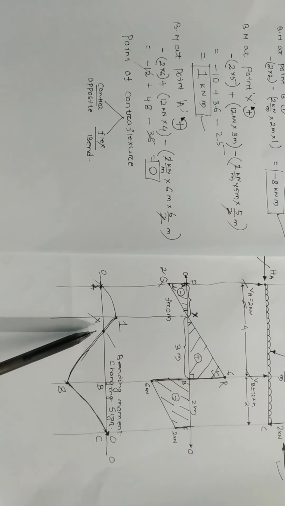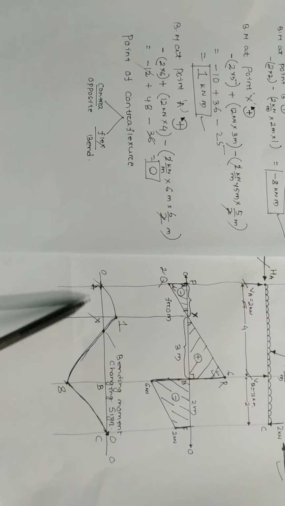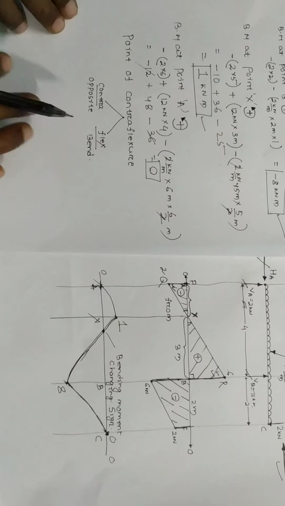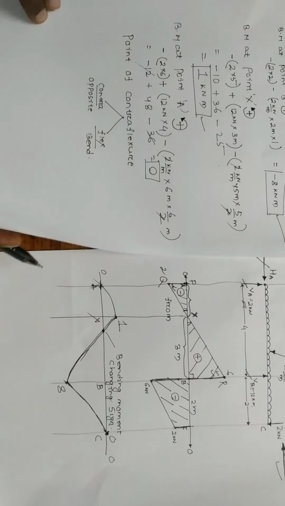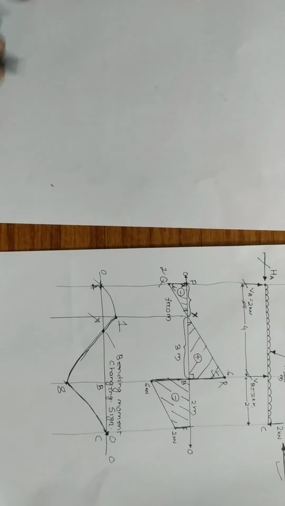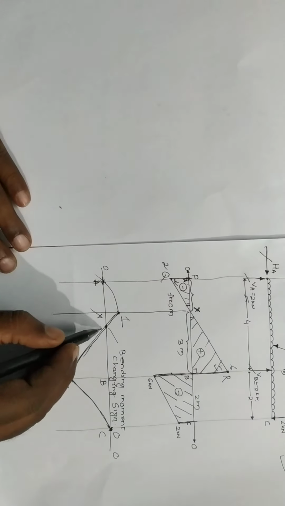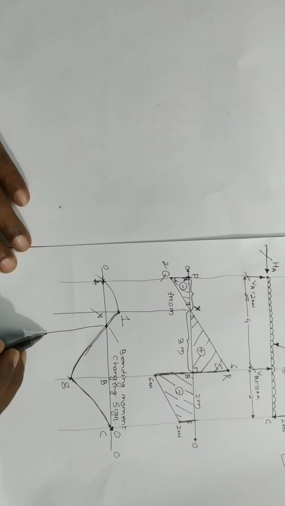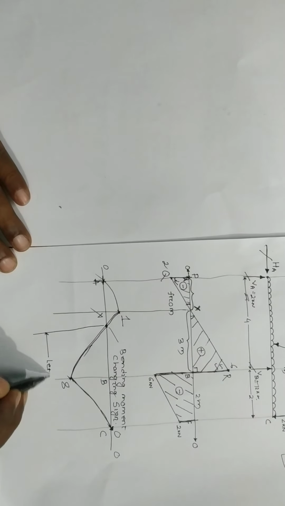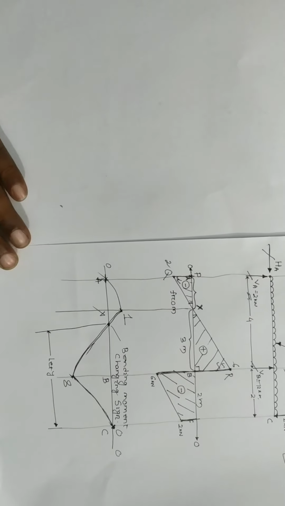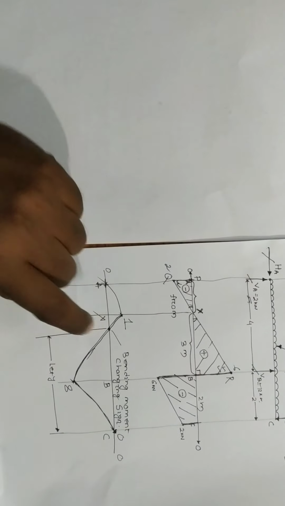Okay, so this point's location means what will be the distance either from the left hand side or from the right hand side. That thing you have to calculate. Okay, so that thing also here I will calculate. I need some more paper. Let it be here. So let this distance I am making, let y from this end. We are calculating from the right hand side, so I will calculate. And let at y this moment is 0.